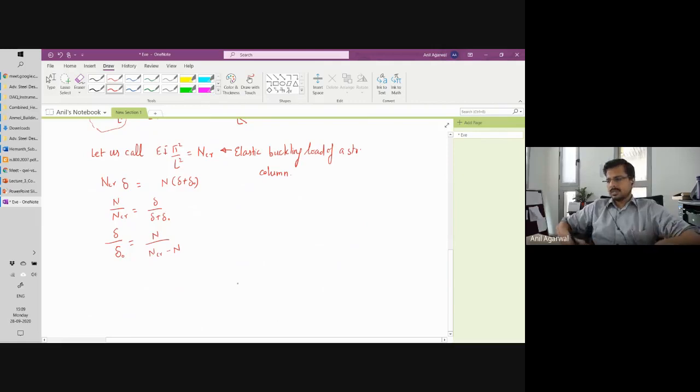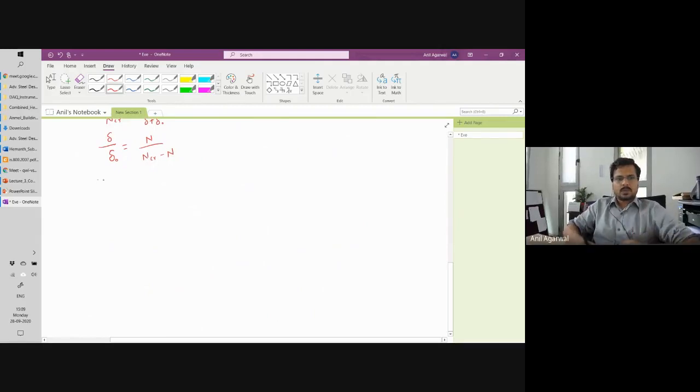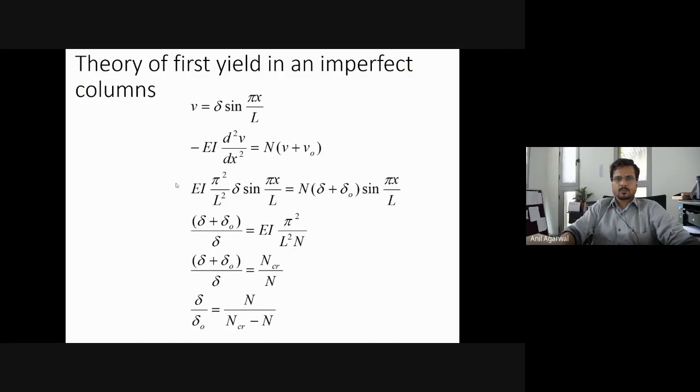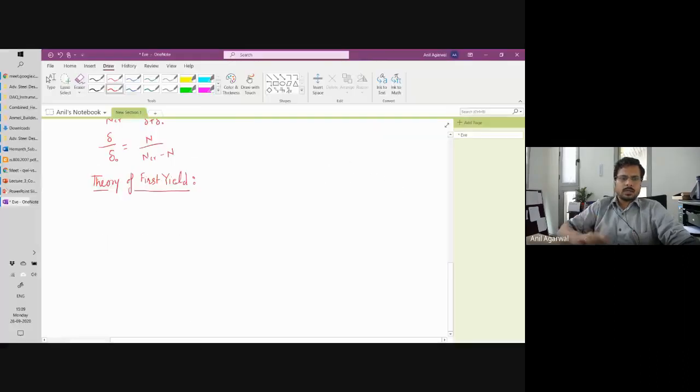Okay. Now comes a theorem again. So now comes a theorem that is of our interest here. We call it the theory of first yield. I don't remember who had proposed it. I have not been able to find who had proposed it, but I'm sure in some textbooks it might be given. So what it says is that